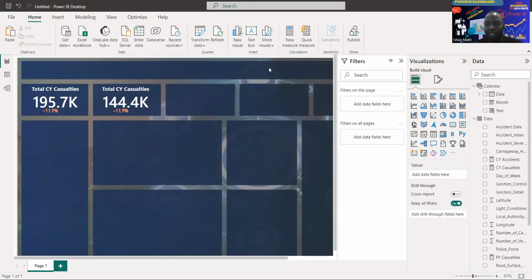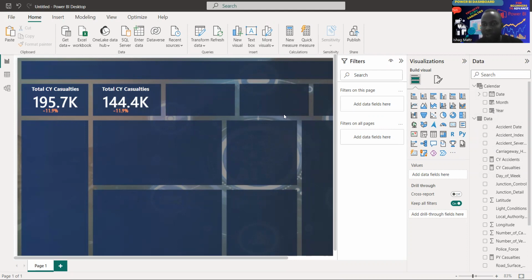Hi guys, today in this tutorial we are going to learn accident date. We are going to use our single tables and also our many-to-many tables. Because we already used this join table, our two tables, the simple tables and the many-to-many tables, are already connected. We are going to find out that we already created total casualties here, and now we're going to use date